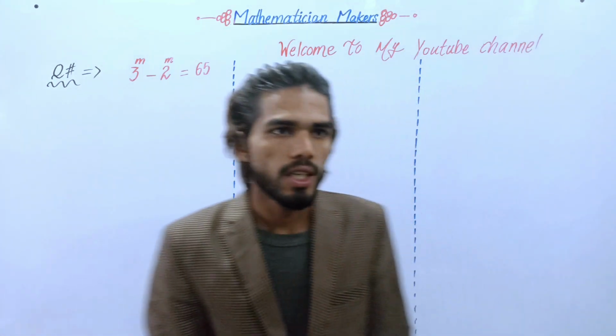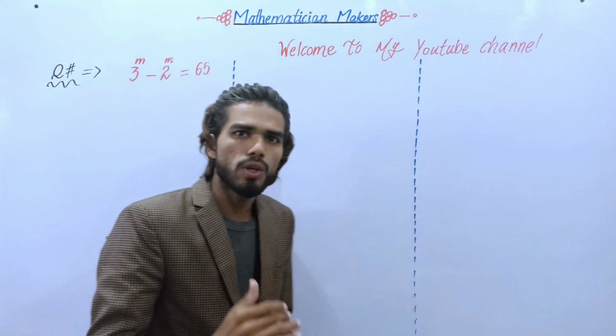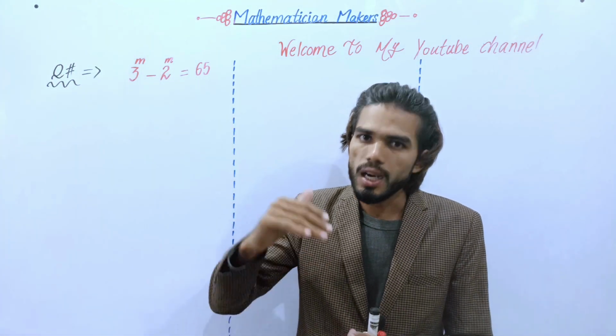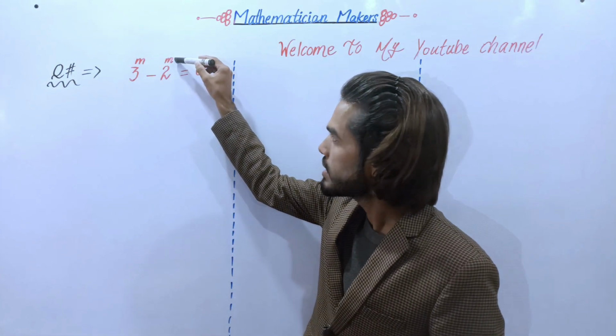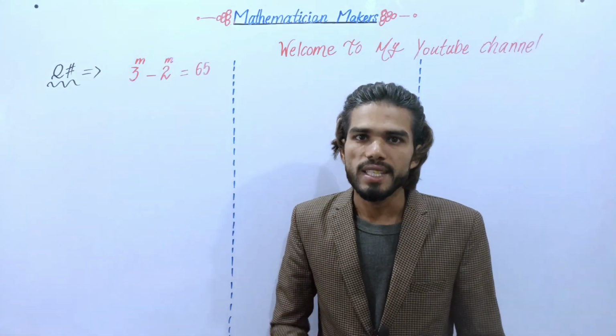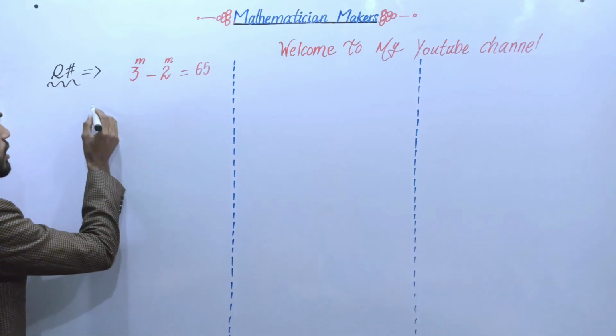We can see that it is an exponential equation. An exponential equation is an equation in which the variable occurs in the exponents. So this is an exponent which is a variable, so it is an exponential equation. Let's start the questions. First,